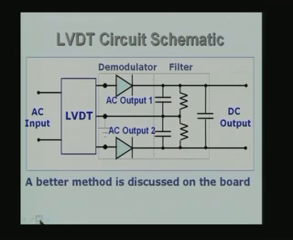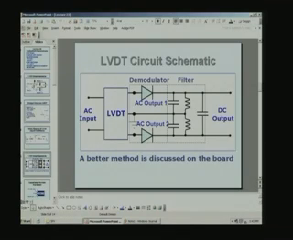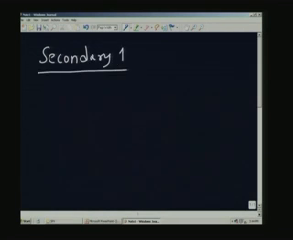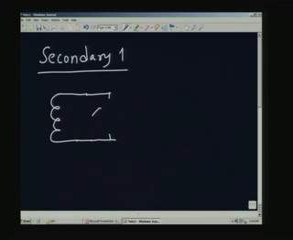a full wave rectifier. I will do that on the board, and let us look at how it is going to be appearing. So, what I will do is I will just show one of the secondary coils. Let us say secondary 1, and it will be similar for secondary 2. The secondary coil is here. This is secondary coil, and we are going to connect a full wave rectifier bridge as the demodulator. So, I am going to have 4 diodes